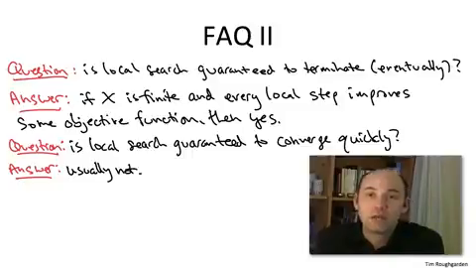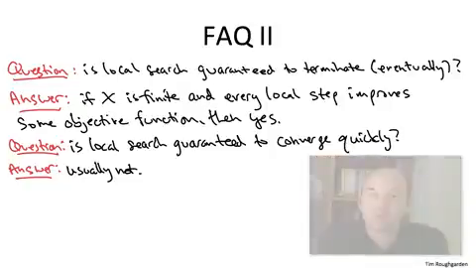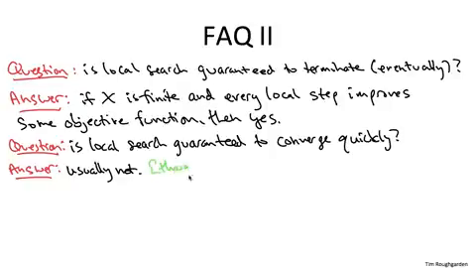When we studied the unweighted maximum cut problem, that was the exception that proves the rule. There we only needed a quadratic number of iterations before finding a locally optimal solution. But as we mentioned in passing, even if you just pass to the weighted version of the maximum cut problem, there already local search might need, in the worst case, an exponential number of iterations before halting with a locally optimal solution. In practice, however, the situation is rather different, with local search heuristics often finding locally optimal solutions quite quickly.